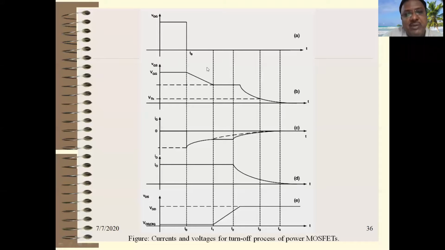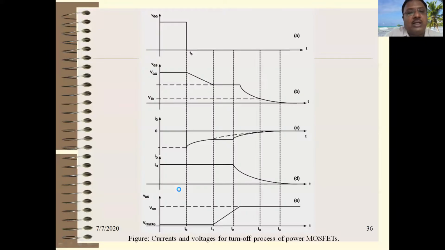So depletion region means there are no free charge carriers. Once the free charge carriers fill the depletion region, you can say that the capacitance is fully charged, right? After that, when you remove the gate voltage, the free charge carriers at the depletion layer are still present. So it requires some time to recombine those free charge carriers and then disappear, right? So that time is basically called your turn off time. Okay, so that is shown here.